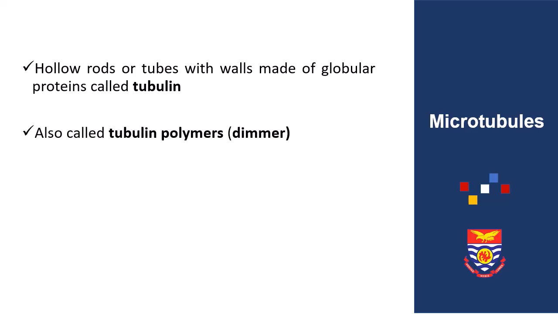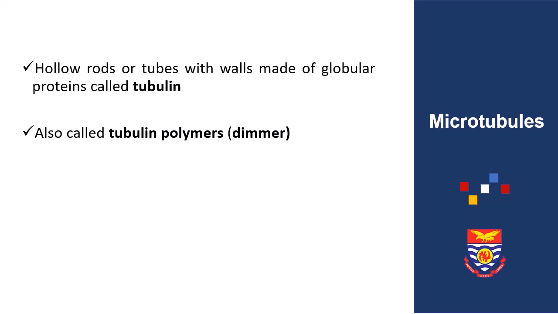Because of that, these microtubules are sometimes referred to as tubulin polymers, and they exist in a dimer form because they consist of two slightly different polypeptide units, alpha tubulin and beta tubulin,